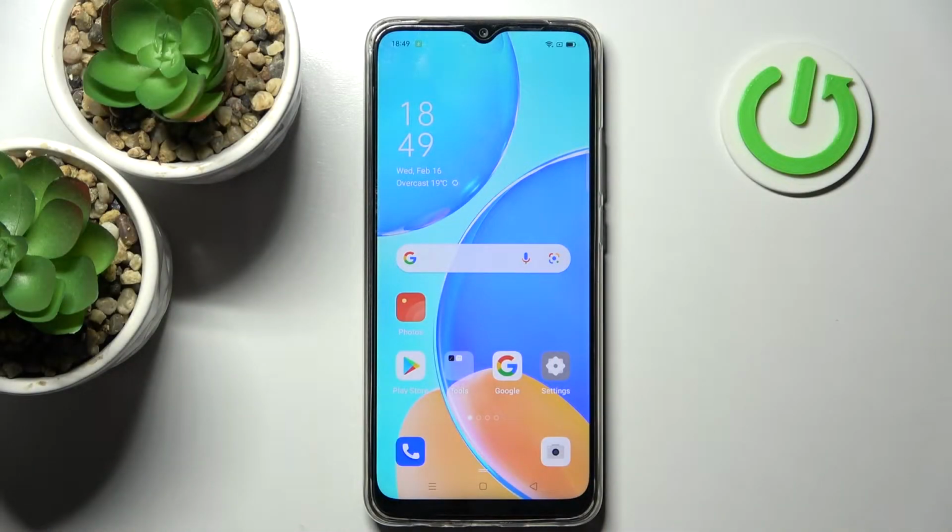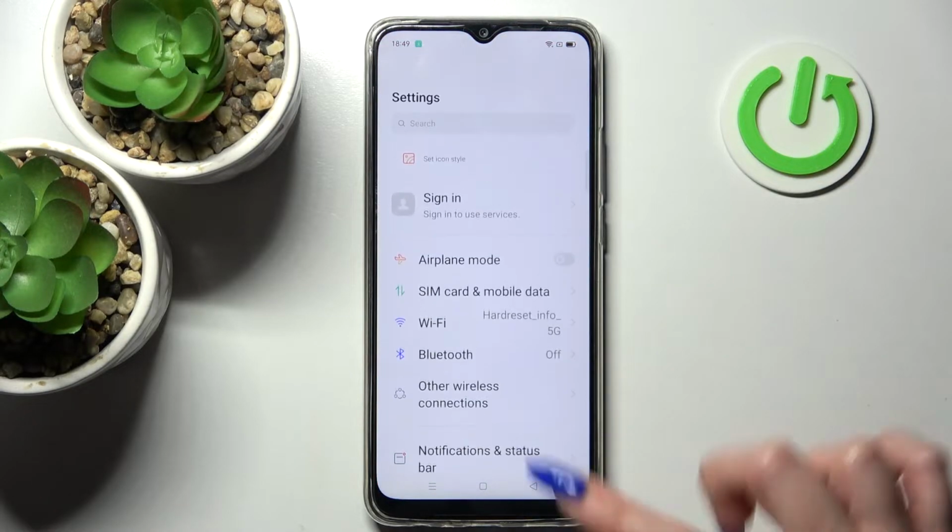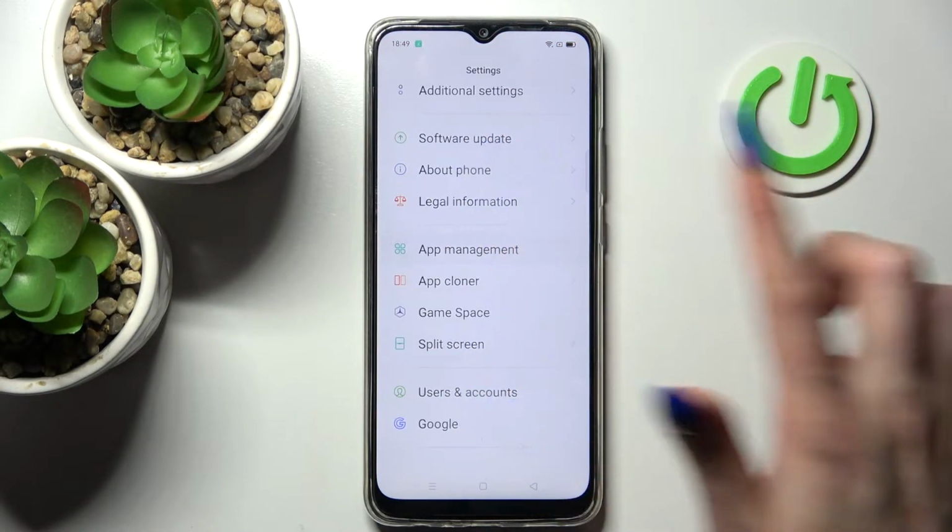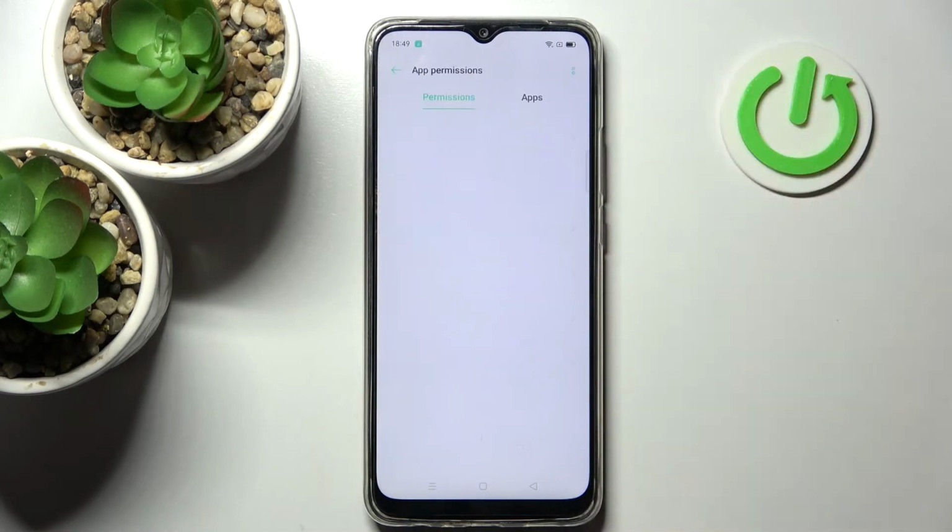Hi! In front of me is OPPO A15s, and today I would like to show you how you can operate App Permission Manager on this device. Firstly, go into Settings. Now scroll all the way down, choose App Management, then click on App Permissions and select